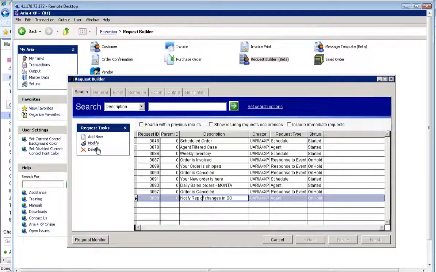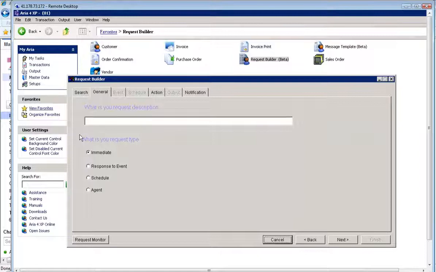So this is basically an overview of the features that you will have here within the request builder. And finally, to recap this part, if you would like to run the request or the report only one time, you simply need to keep it on the default, which is immediate. Immediate would be good in case of